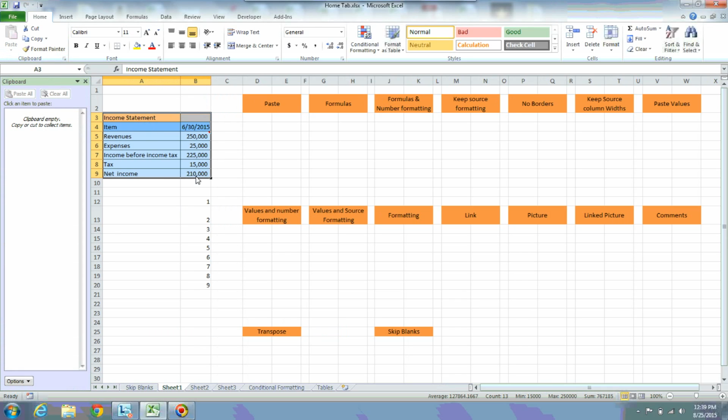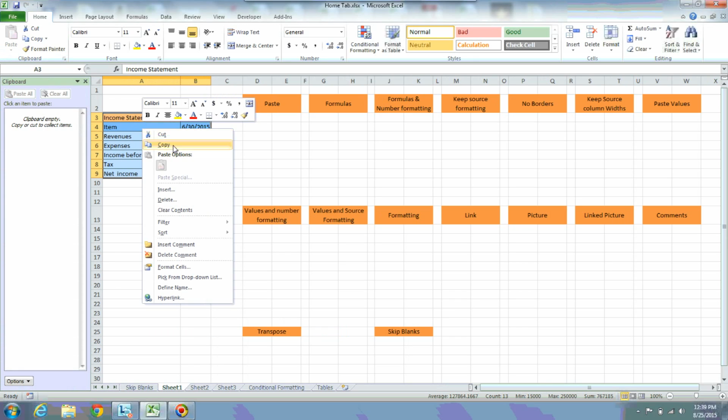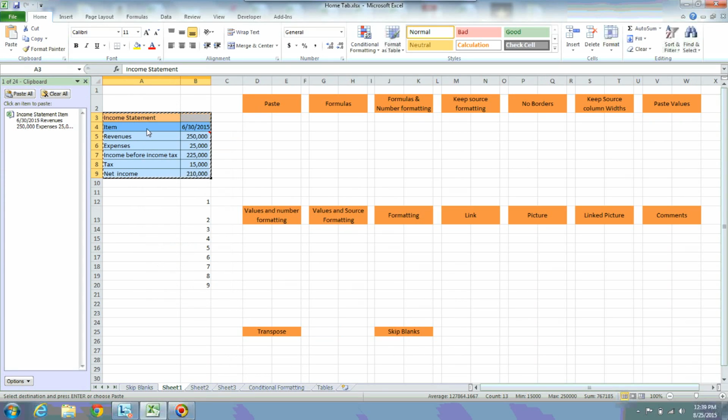Now I have selected some data over here. What I am going to do is use Control C. It means I am copying the data which has been selected. Or else you can also use mouse right click and copy. As soon as I click on copy, the data has been exported from here to here. So this is called a temporary storage area, where the user can use this information anywhere as per the requirement.